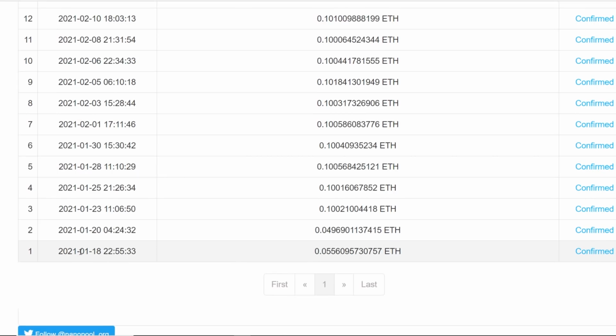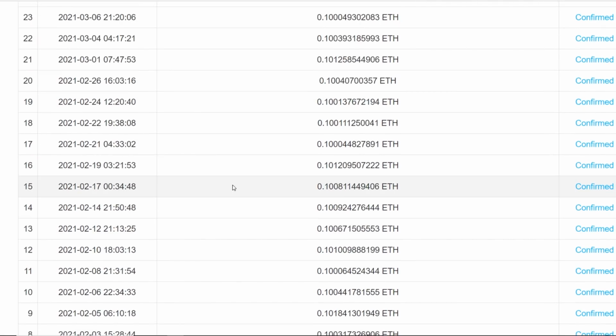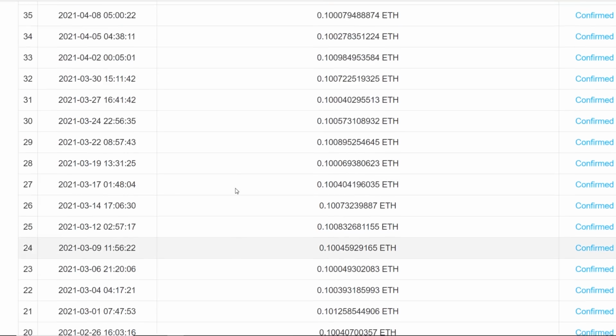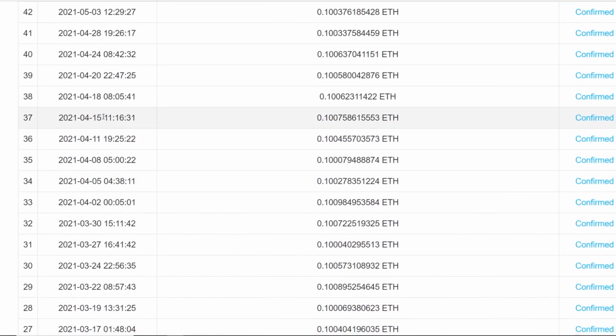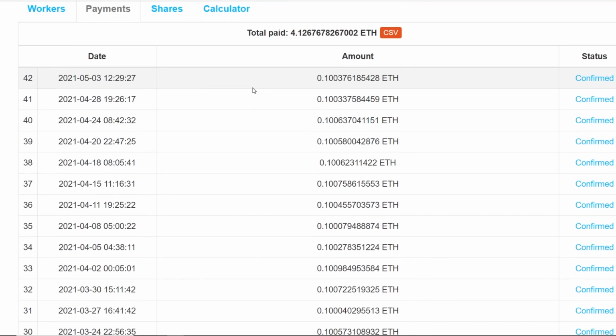You can see here, I started mining back on January 18th. That was my first payout of Ethereum. Going along, you can see it averaging about every 2 or 3 days or so, I was getting about 0.1 Ethereum. You can freeze frame it if you'd like to look at it. But going up here, it's been getting longer and longer, I would say 3 to 4 days to get 0.1 Ethereum for every payout on Nanopool. And that is obviously due to a lot more people getting into mining Ethereum, and the network difficulty